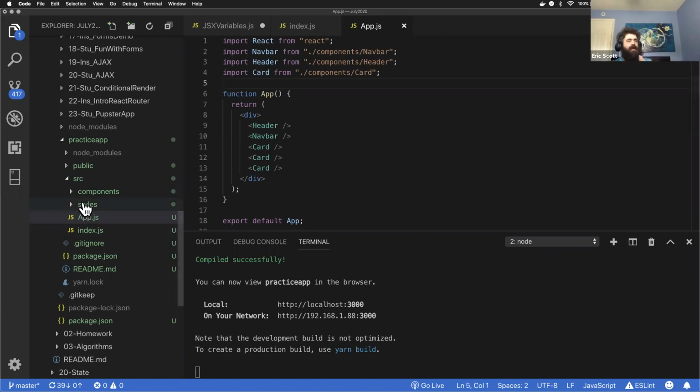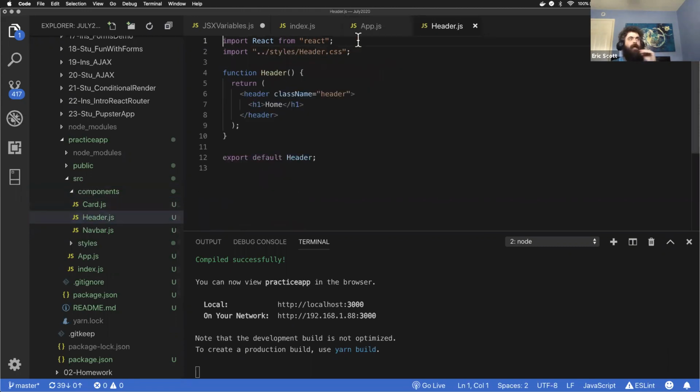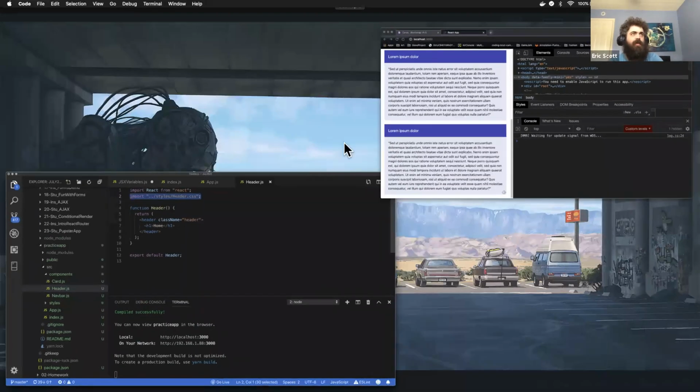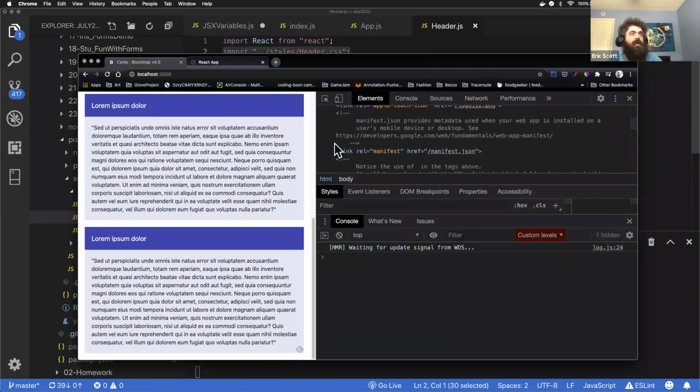Let's take a look at header first of all. So if we look at components and we jump into header, you can see that what we're doing here is we're importing a style. Now what does this do? This takes the styles of header.css and it puts it in the head, which means it applies to the whole document. Now it only happens when header is on the page, but it still applies to the whole document. So let's take a look at that. So if we look here and we look in the head, we'll see that there is a